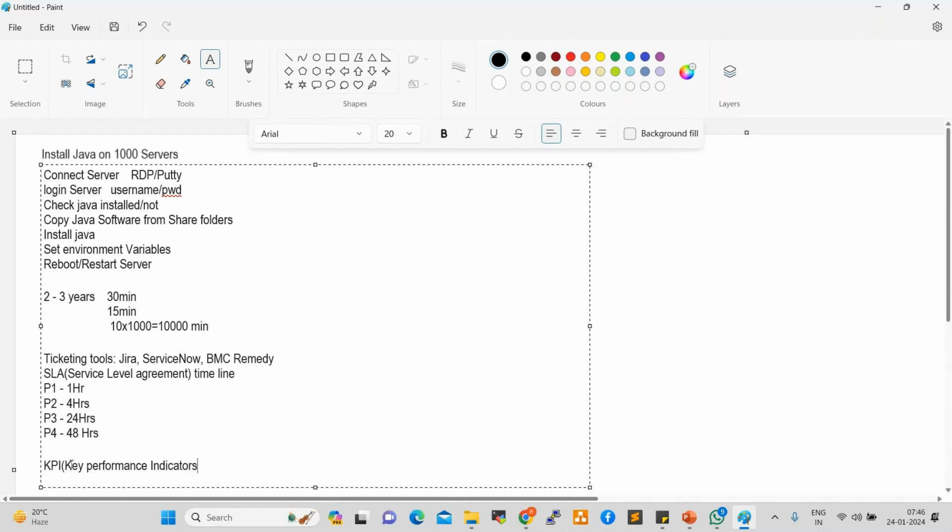So our performance will be degraded, right? Within the time frame, we have to close the ticket. Otherwise, it will impact our KPI, key performance indicators. When the one-to-one happens, the manager will definitely point this out. So KPI will be impacted. That is why, to avoid all these things,